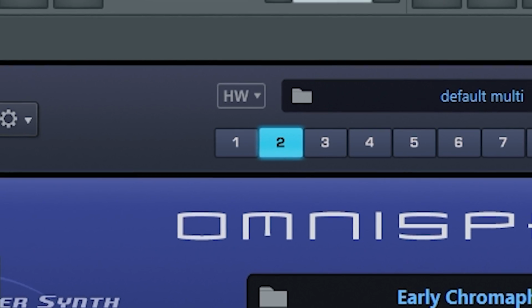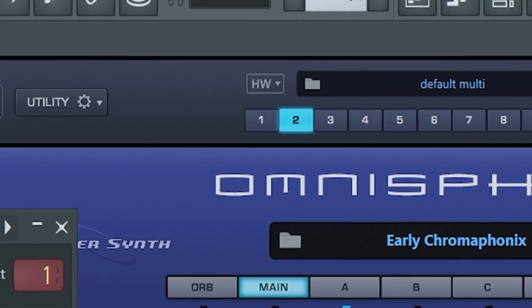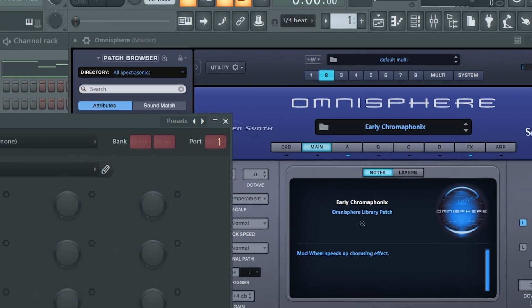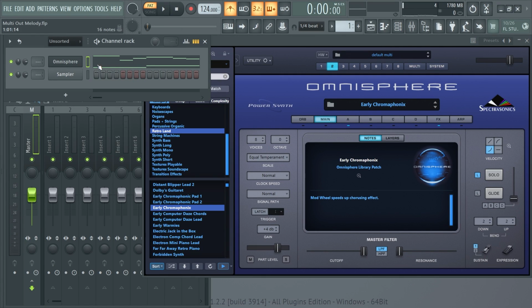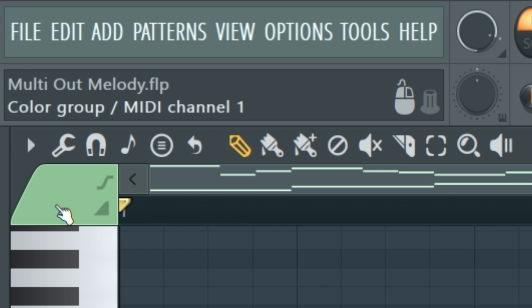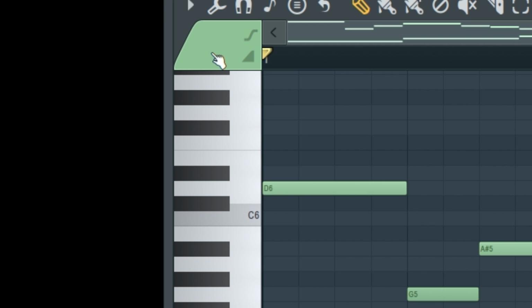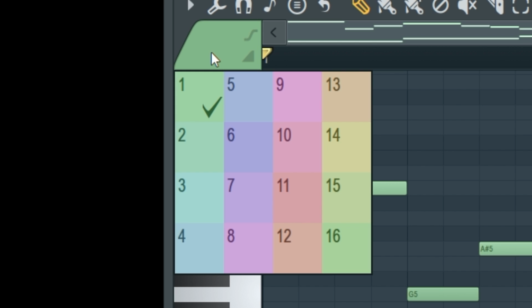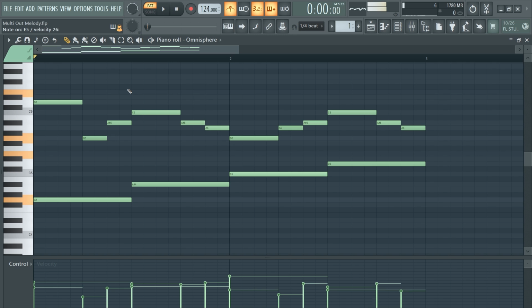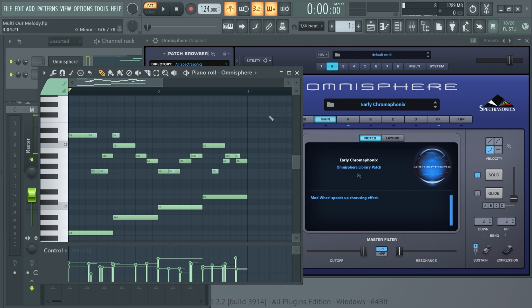This was the original way to go about it, and you know what? You may prefer to do it this way compared to the new way to do it, which is option 3. In the same piano roll of Omnisphere, we could go right here to this obvious location for the MIDI channels. That was sarcasm. Click on it and we'll see we have 16 different MIDI channels to use. In our case, we just need to go to number 2 for the second channel. Go ahead and hit some keys and there you have it. Just make a melody and you're good.